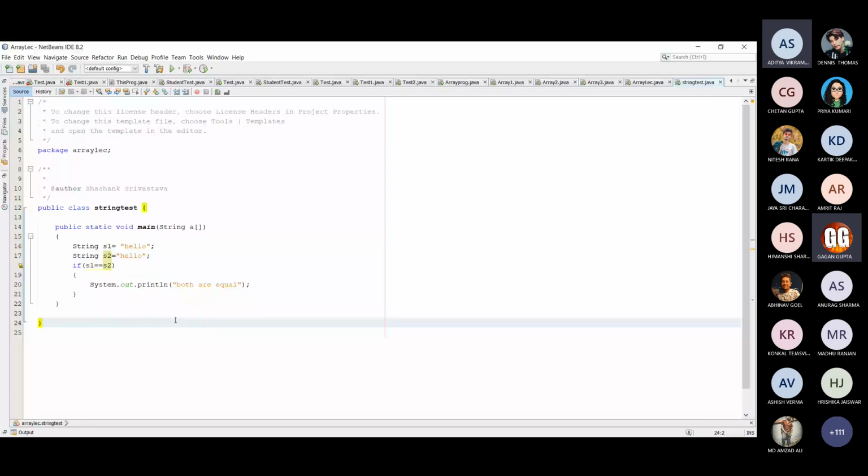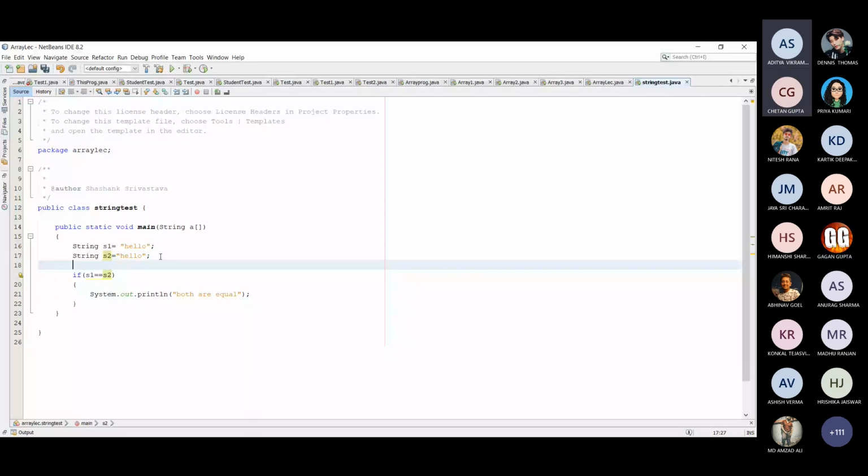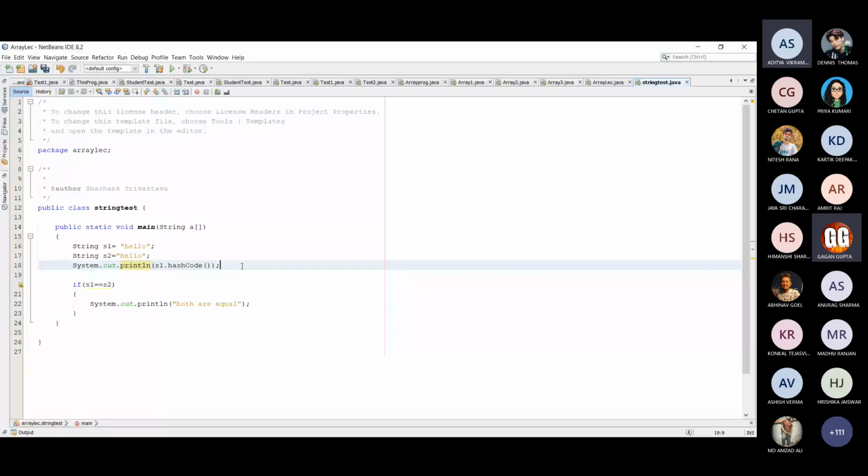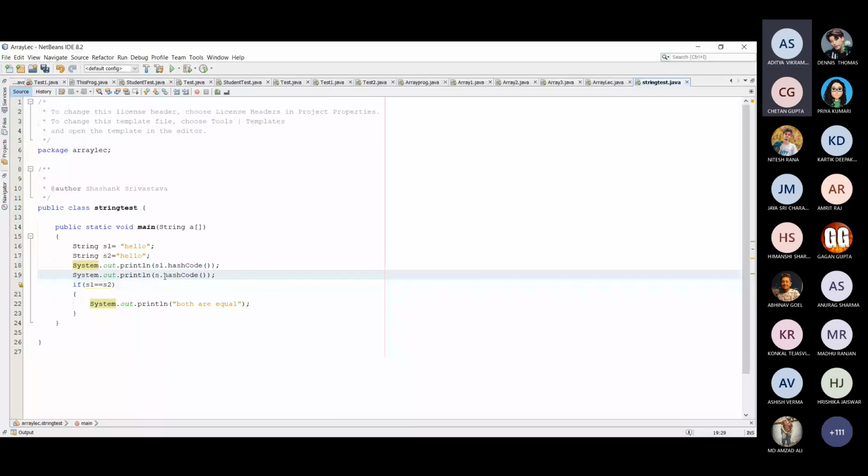So is there any way to print out the s1 and s2? Suppose here, let's see, System.out.print of s1.hashCode(). Okay, s1.hashCode(). If I print this, and then h2.hashCode(), if I print both the values, so here